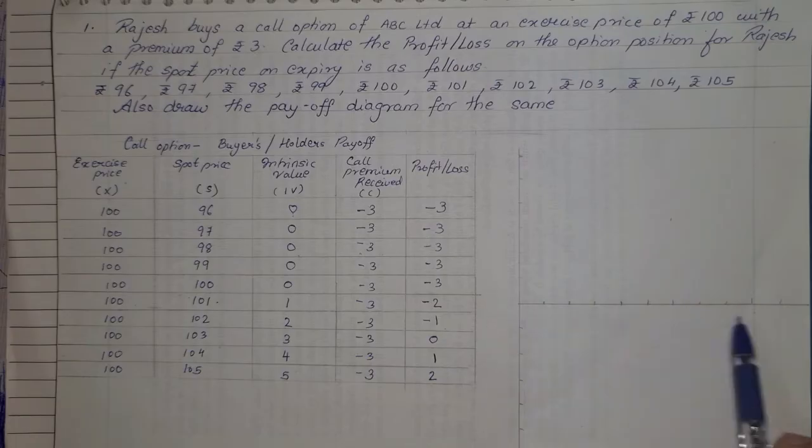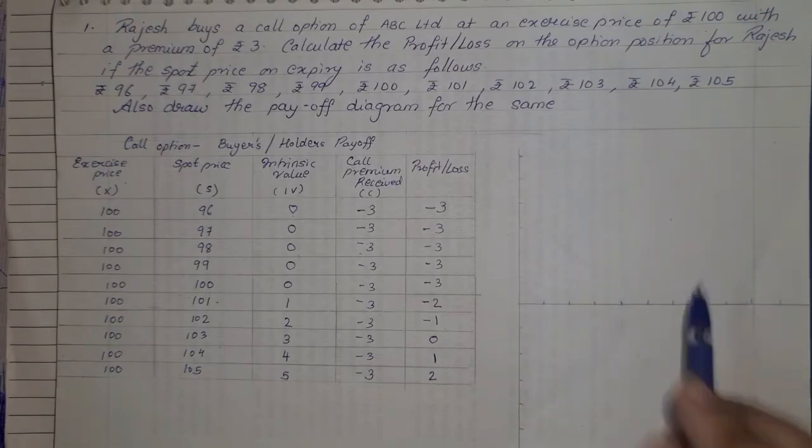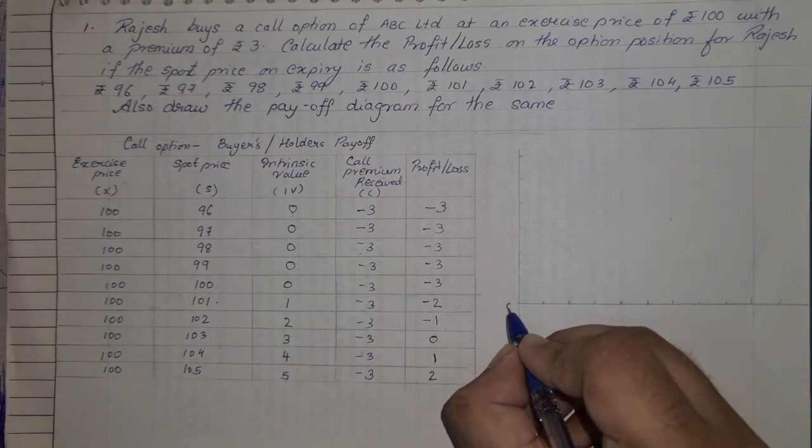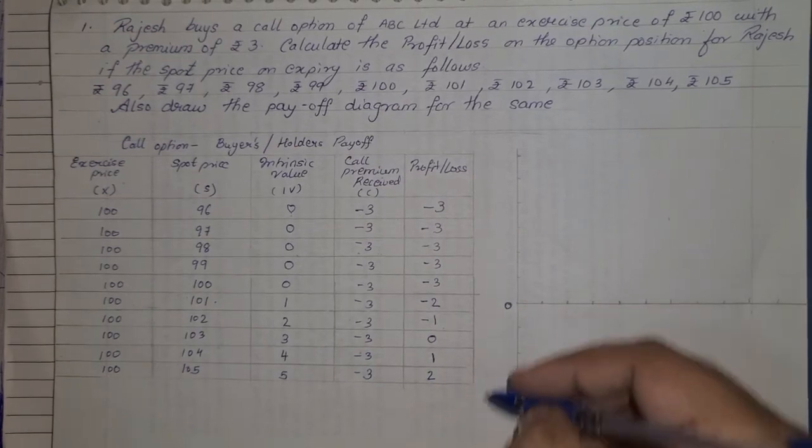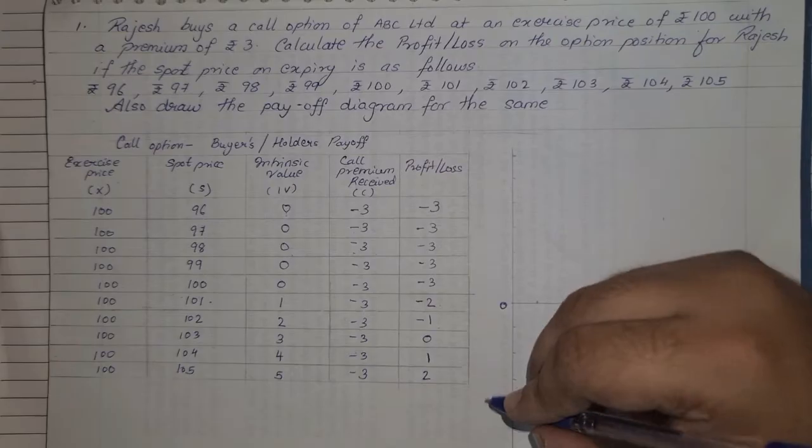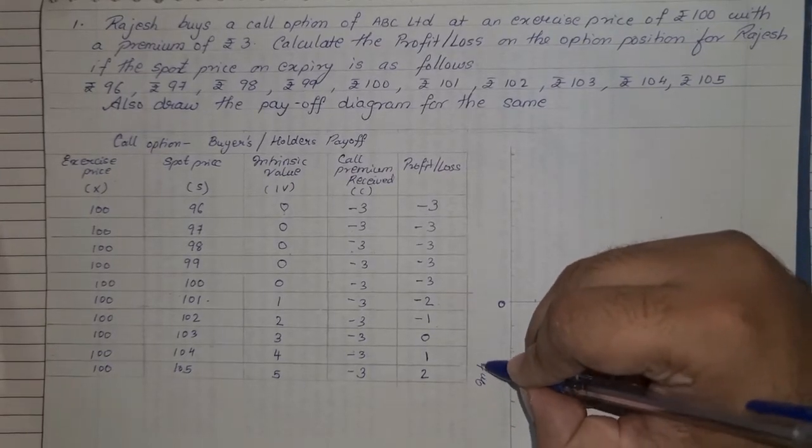So there is a small sketch which has been made up. This is my y-axis, this is our x-axis. Okay, we will start off with 0. The top and bottom, the y-axis will include your intrinsic value